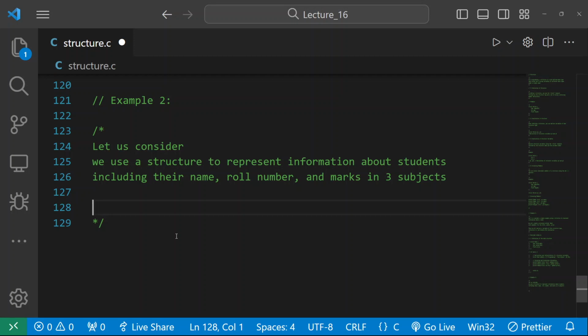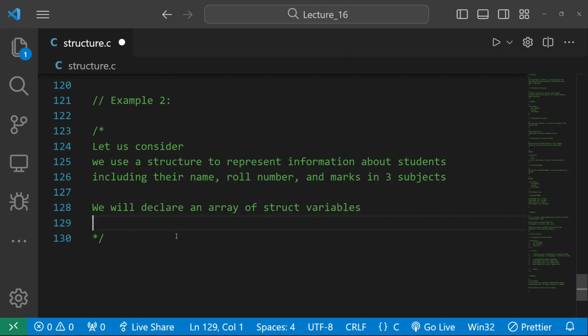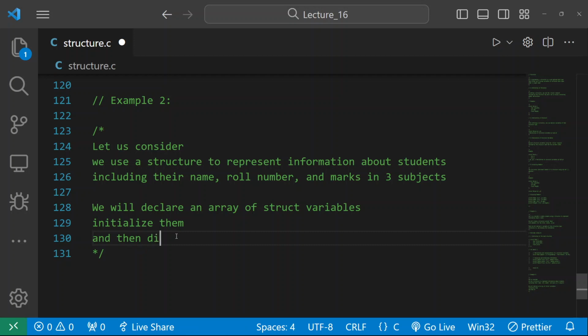This was a problem statement. So we will see what we can do. For that, the first thing is that we will declare an array of struct variables. Declaration is done. Then the next thing is to initialize them, and then display